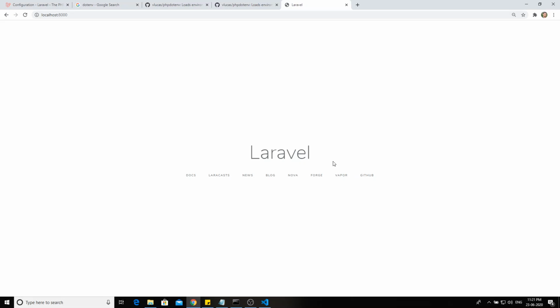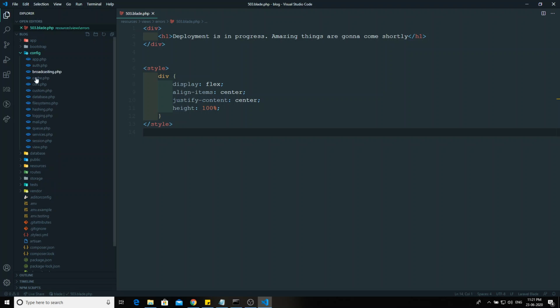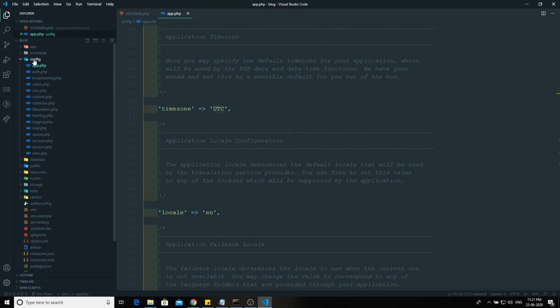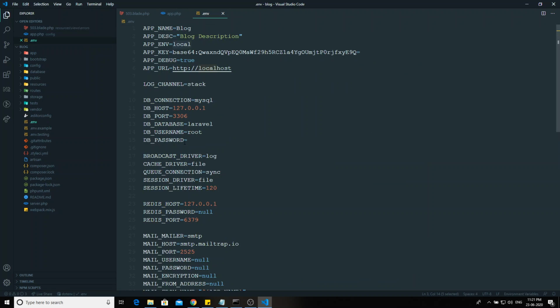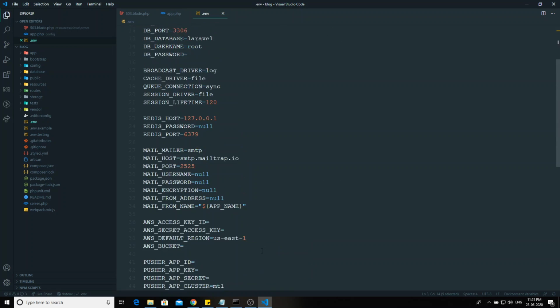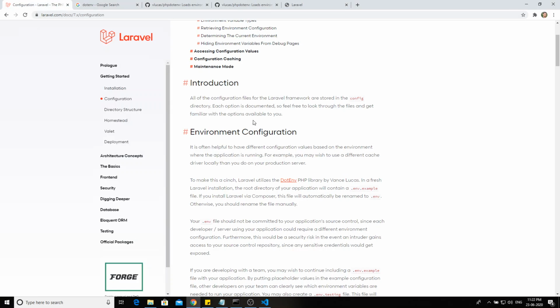So in this way you will have the configuration in Laravel. This is the configuration we will be using in Laravel. The main things you need to remember are the config file, how we can access the values in these files in our project, how we can use the env file and save data, and also the maintenance mode. So these three things we have learned.